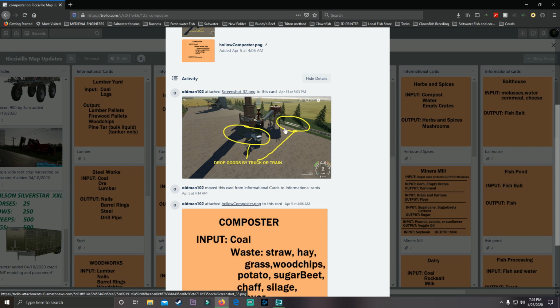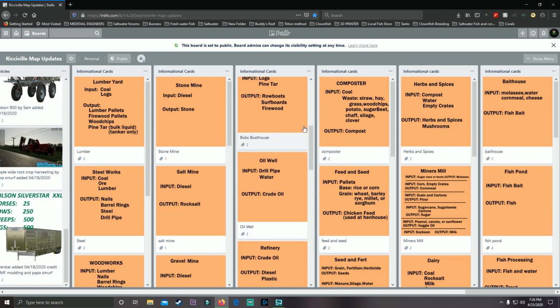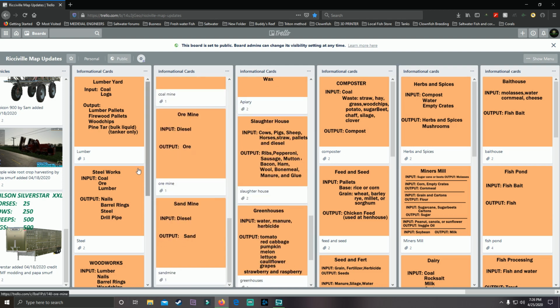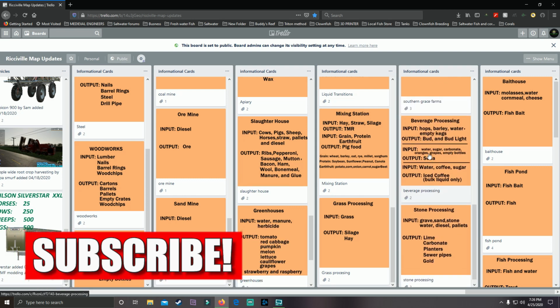Your truck or train pickup is here. Drop off goods go here. If you have a train, you can drop your goods off here or pick them up. And it explains to you what the inputs are and what you get out. So I would read all these. There's a whole bunch of them, you can see, and if you can set it up,